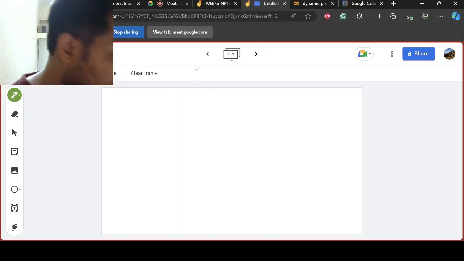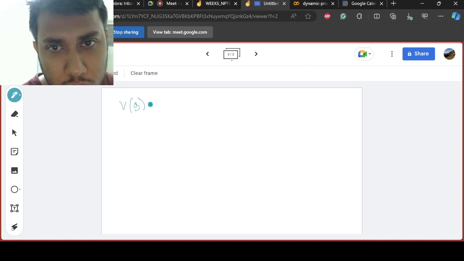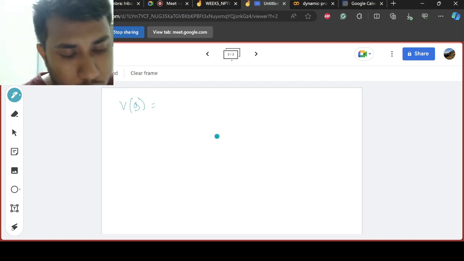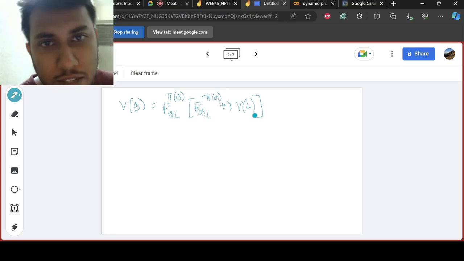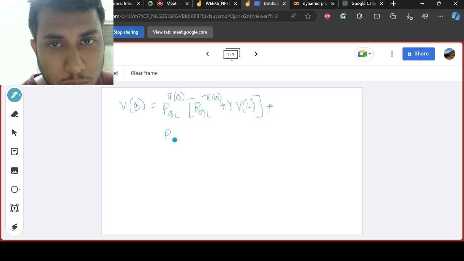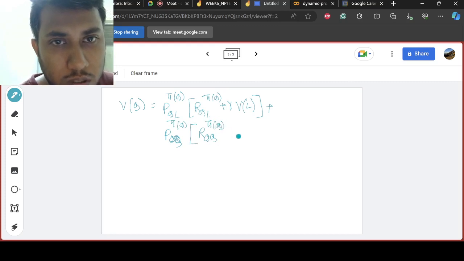Similarly, let's not waste time and do the other one, the V of Q. V of Q will also be the same: P of Q to L given pi Q, R of Q to L given pi Q, plus gamma times the value of L, because the next state is L, plus P of QQ given pi Q, R of QQ given pi Q, plus gamma